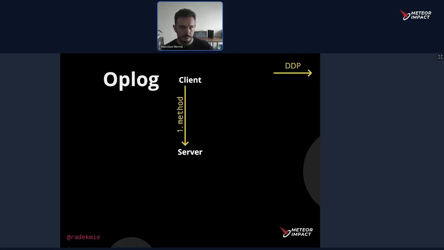There's also a very nice forum post about making it use different transports, but let's skip to the WebSockets just to make it simple. We send a message from the client to the server that we want to insert some document to the database. And now we get it on the server, and we still didn't reach the database yet. So now we would like to go to the database itself, and we have to actually execute the actual insert,